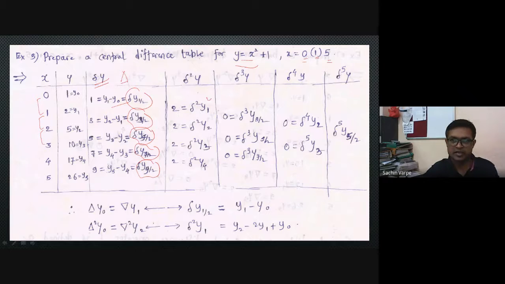Again these are the second order difference operators. Okay. Half plus half is 1. Again 3 by 2 plus half is 4 by 2, which is 2, isn't it? 5 by 2 plus half is 6 by 2, which is 3. 9 by 2 plus half is 10 by 2, which is, I think something is wrong here. 7 by 2 plus half, 8 by 2, which is 4, right? 4. For this it will not be there because their difference goes ahead. Again 1 plus half is 3 by 2, right? 2 plus half will be 5 by 2, 3 plus half will be 7 by 2 and so on. Keep doing it like this. Is this clear?